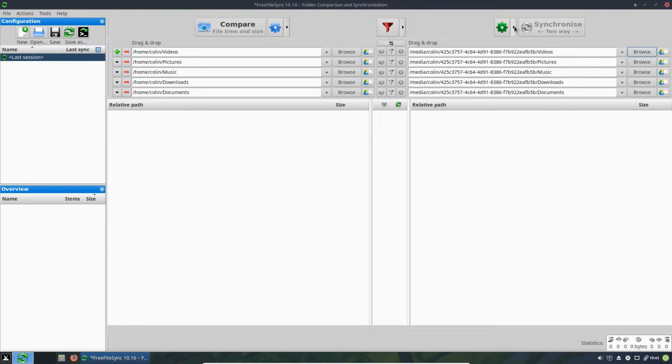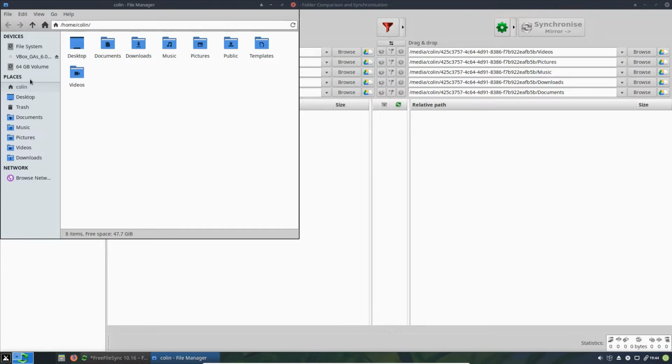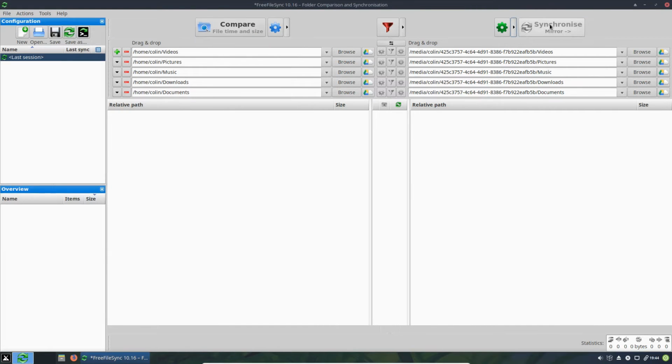Now what we can do here is we can check whether it's two-way or a mirror. Because that's a partition and it's acting as a backup, I'll probably go for the mirror in this case. And then we can click the Synchronize button, and just to double check that again, in the 64 gig there's nothing now, as you can see. So we'll hit the Synchronize button